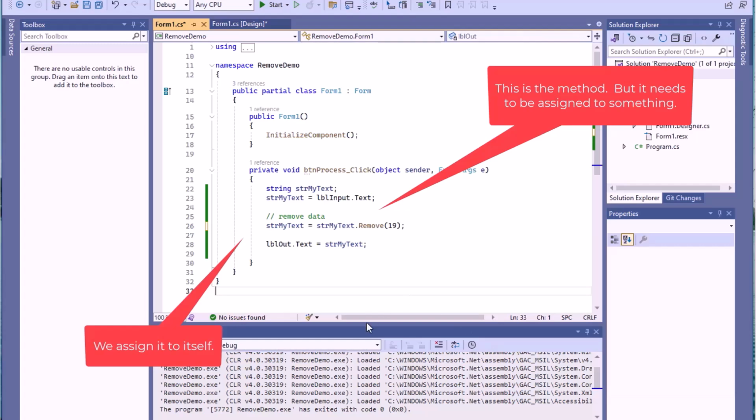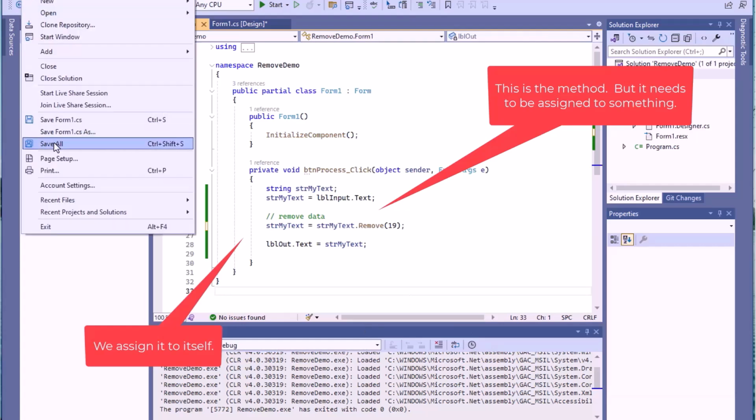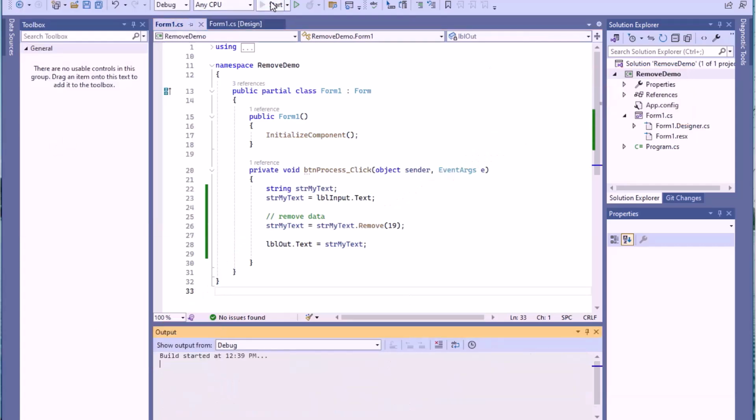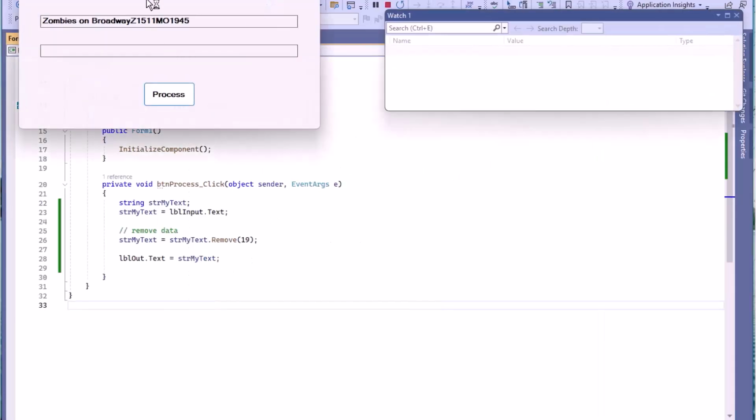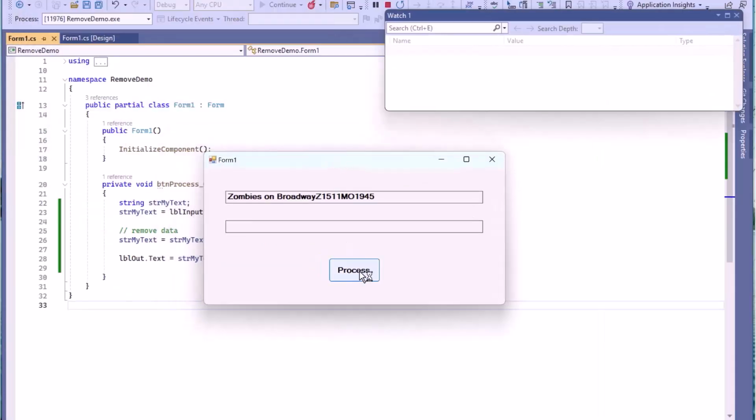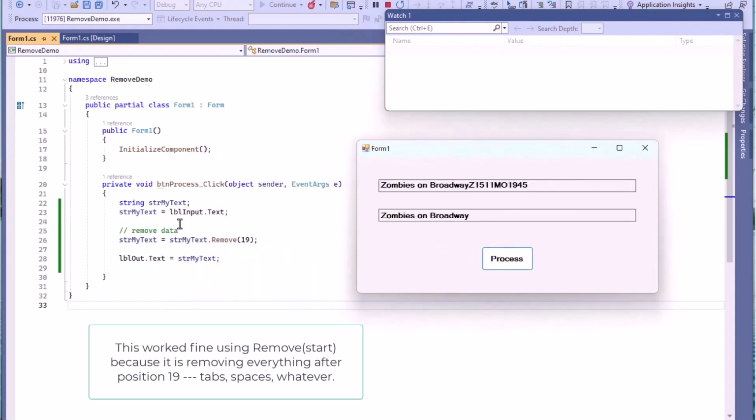There. Now let's give it a shot. File, save, start. Hit our process button. Bang, it did it. Notice what it did. It basically took our label in, put it into the string my text, and then we